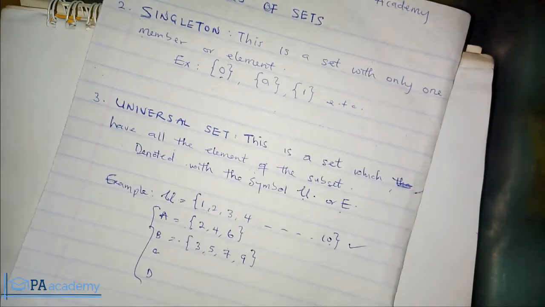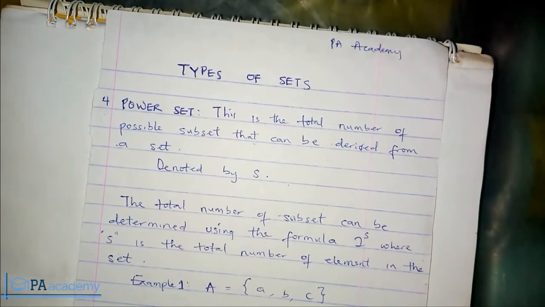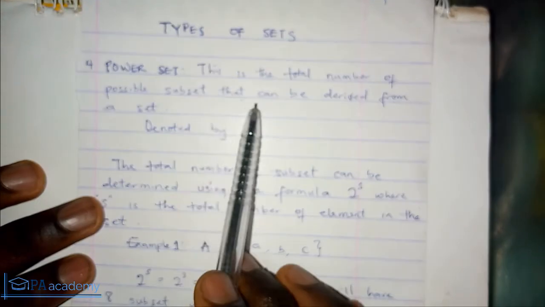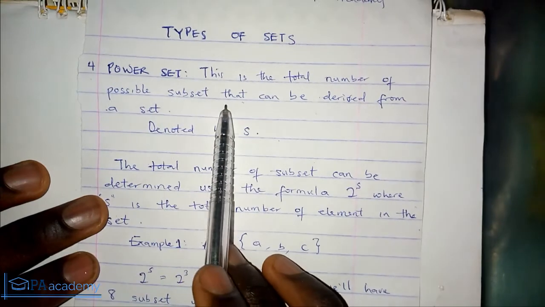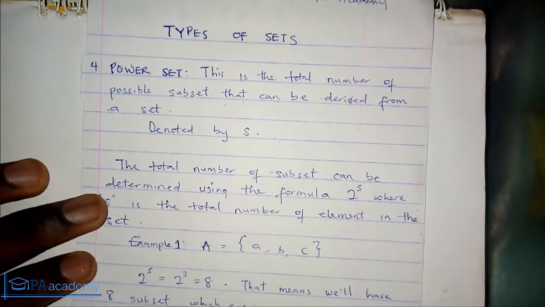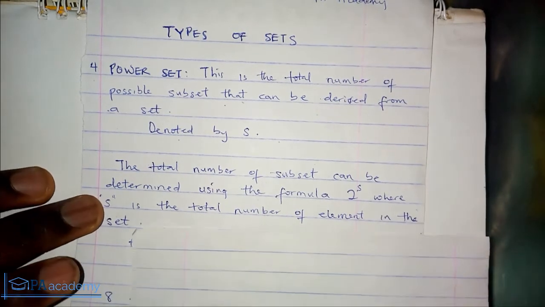So the fourth one we are also going to be looking at is the power set. For power set, this is the total number of possible subsets that can be derived from a set. So it is denoted by P(S). So when we talk about power set,